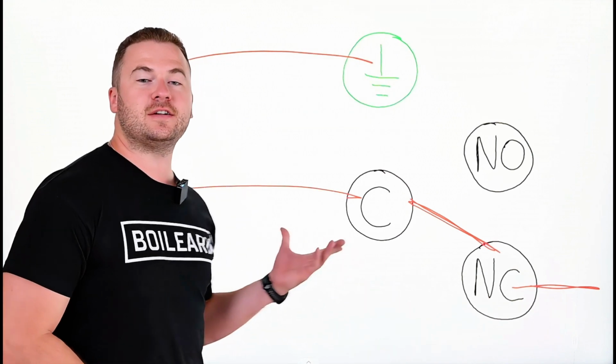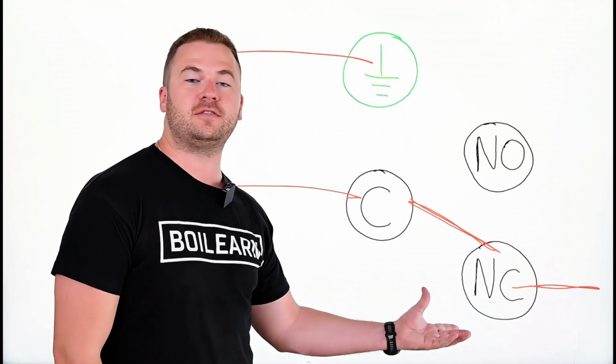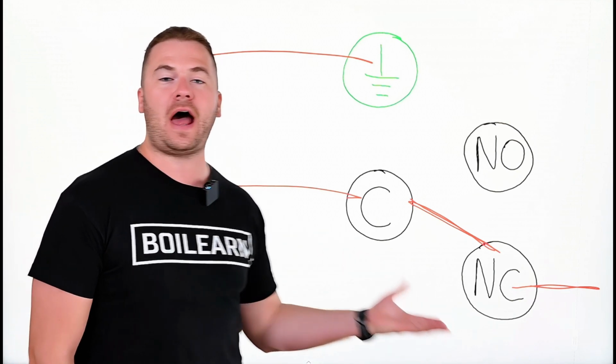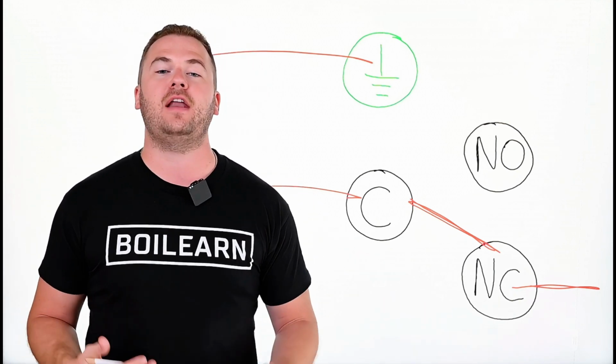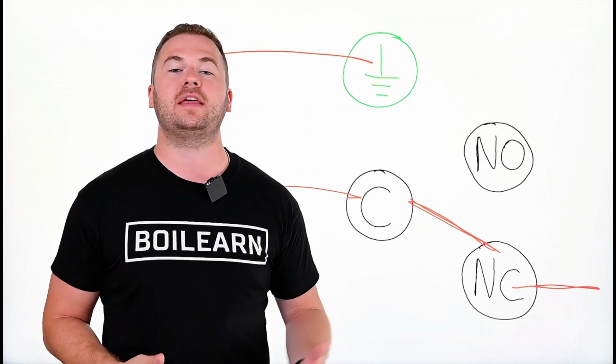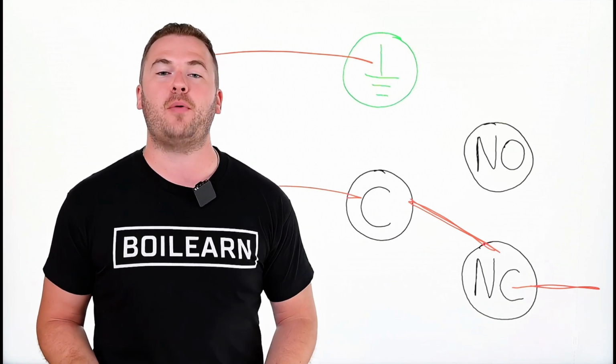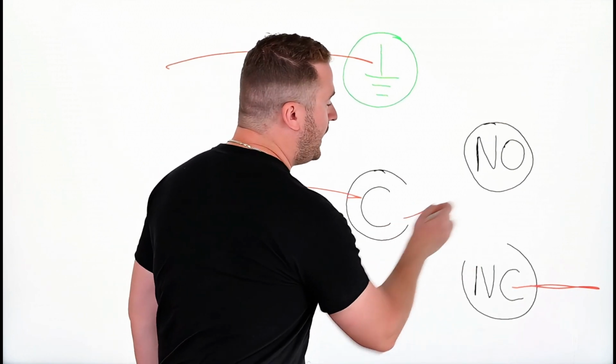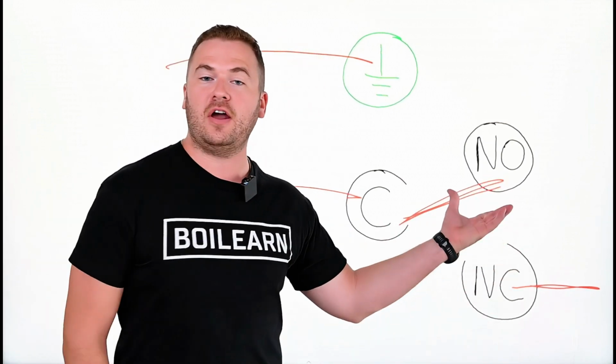So in this wiring, you can see that the common and the normally closed terminals are connected, and the high gas pressure switch is going to allow the burner to run. In the event of a high pressure incident, where the gas pressure exceeds the set point of the high gas pressure switch, the internal of the switch is going to change state and move to the